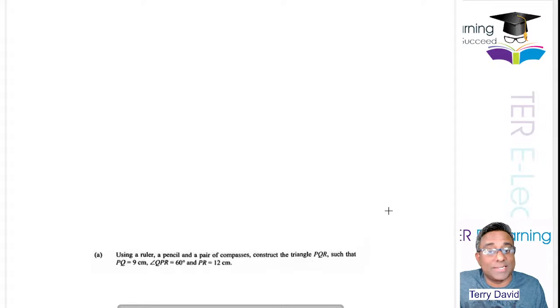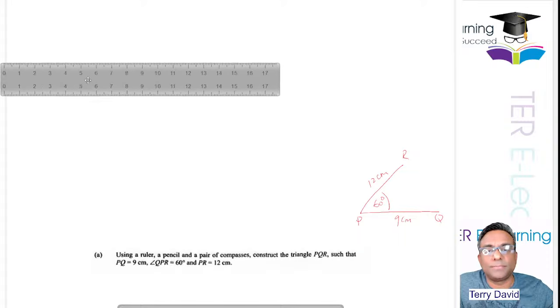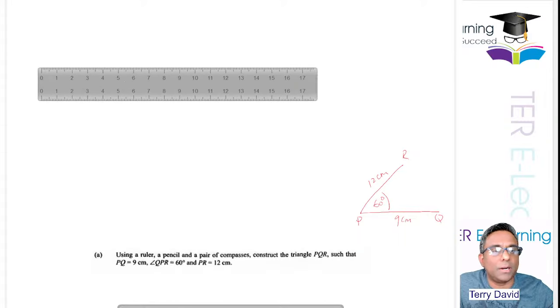Again, this looks exactly like a question that I did with my crash course. So this is P here, this is Q. I normally tell students to do a sketch first. So this is 9 cm. Angle QPR is 60, so this angle here is 60 degrees. And this is R, and PR is 12. So this is a pretty simple triangle that they had to construct here. So first things first, we need to get a ruler. That's one. We also need